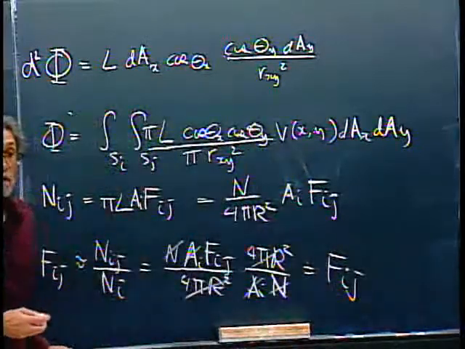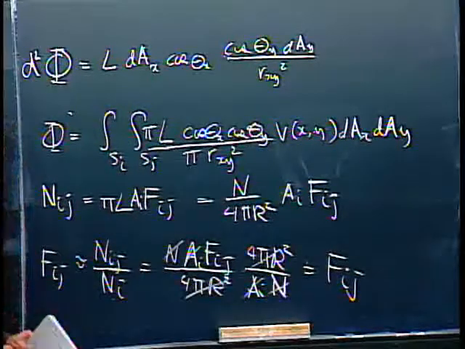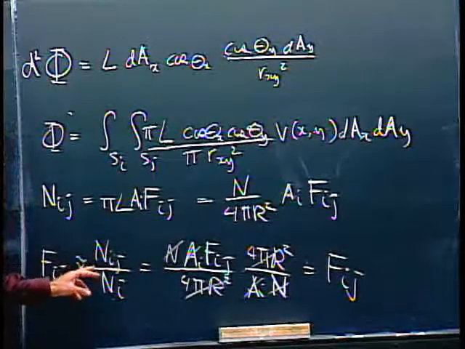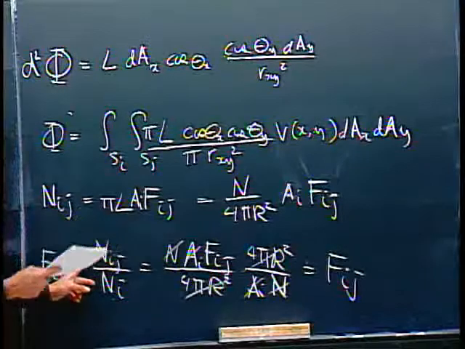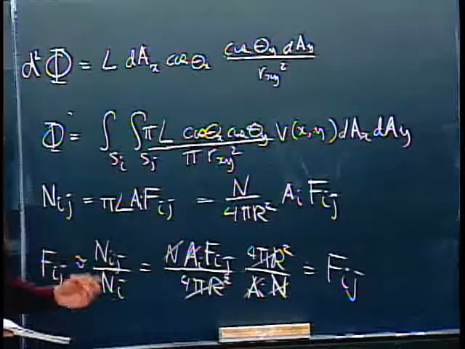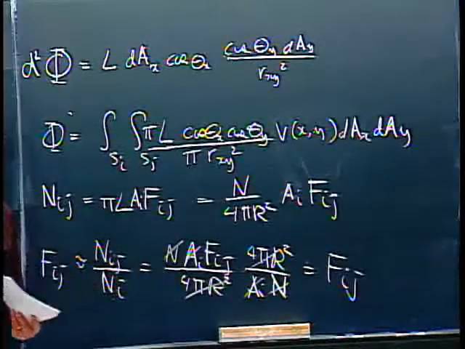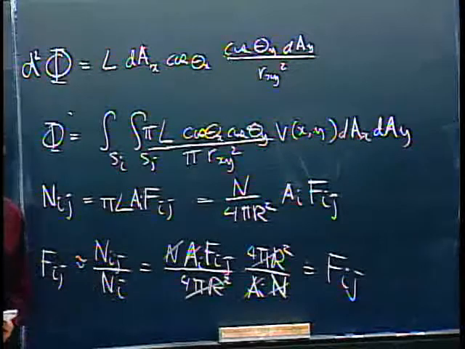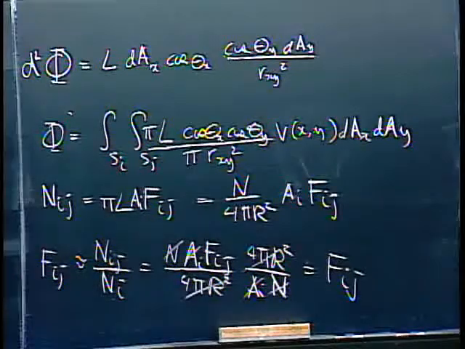Right, so that completes the proof that they didn't give in the book, that this ratio of these two counts from those global lines will give you an estimate of the form factor. And the point is it gets all the form factors at once. That's the point. Okay, but now the scheduled topic, I guess it was even for last time, was the hemicube